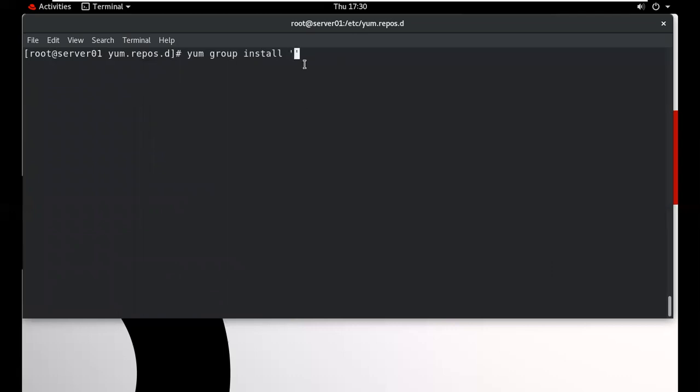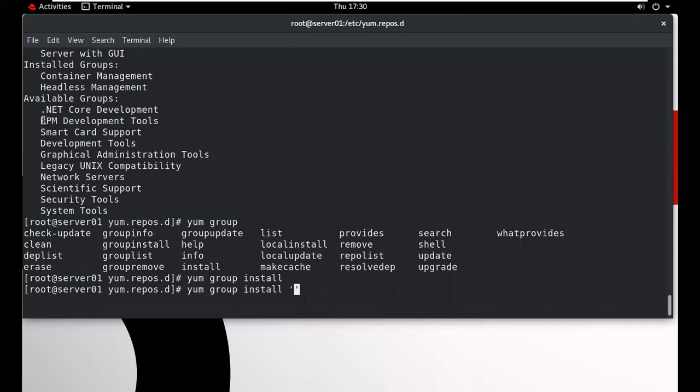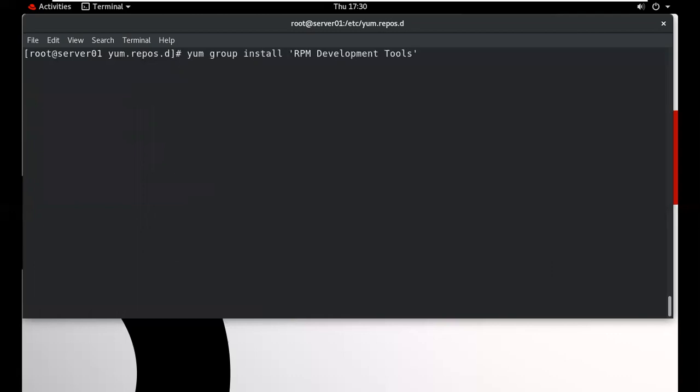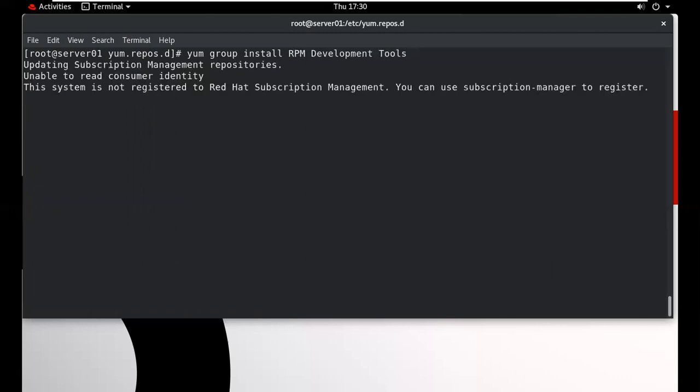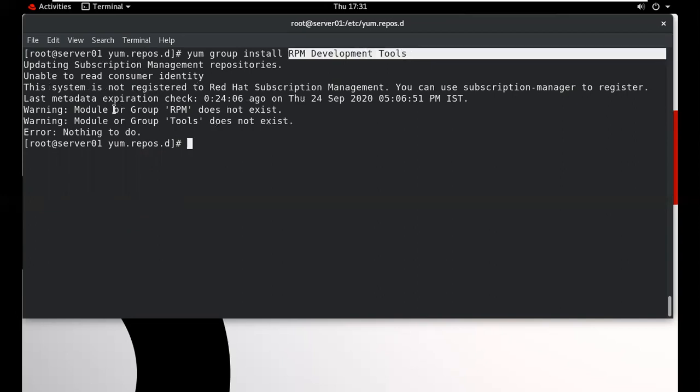Type the group name in a single quote, not individually. So we type this particular group name, and we want to install. Suppose we type this without single quote, what error will it display? It thinks this is another package, this is another package, these are individual packages, so it will show me the message.